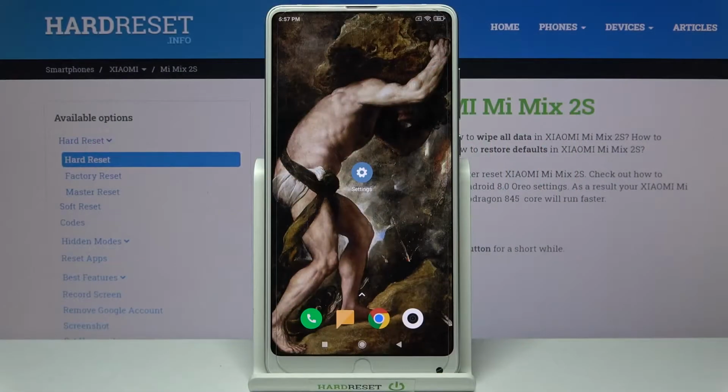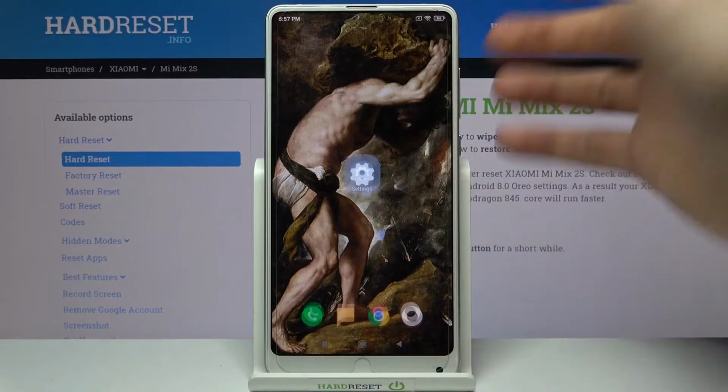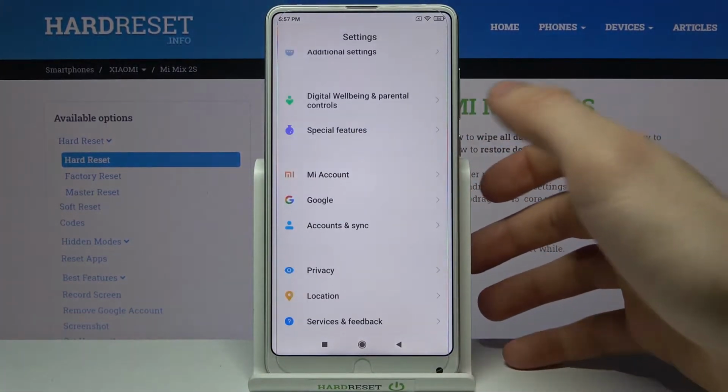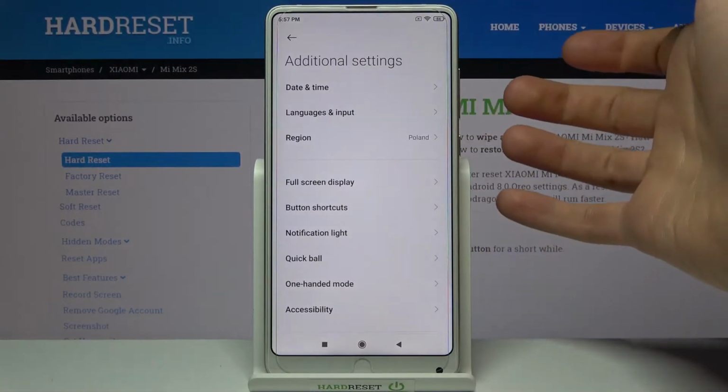Here I have XIAOMI Mi Mix 2S, and today I'm going to show you how to enable SwiftKey autocorrection feature on this device. So firstly, you'll have to open settings, then you have to go to the additional settings, then